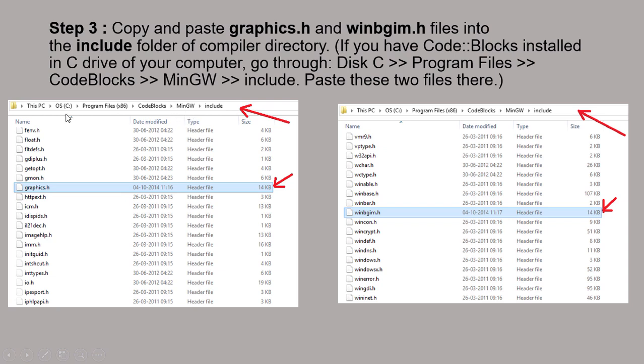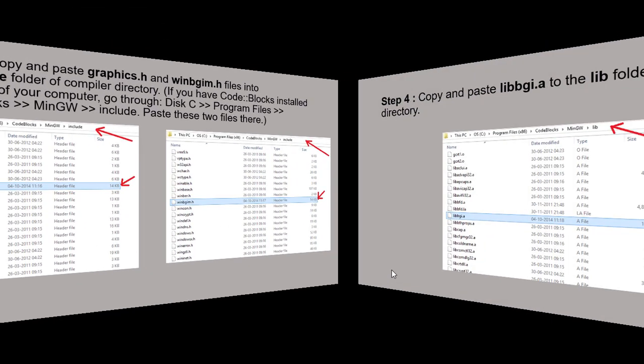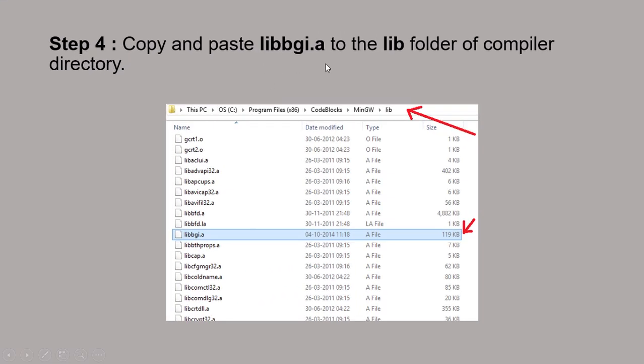So the path will be C, Program Files, Code::Blocks, MinGW and include. Both the files will get pasted here. After that, the third file, libbgi.a, you have to copy and paste it to the lib folder of Code::Blocks, which lies just below the include folder. So the path will be C, Program Files, Code::Blocks, MinGW and lib.